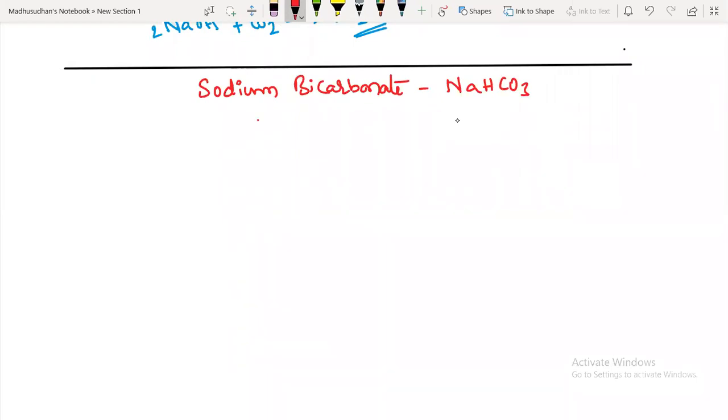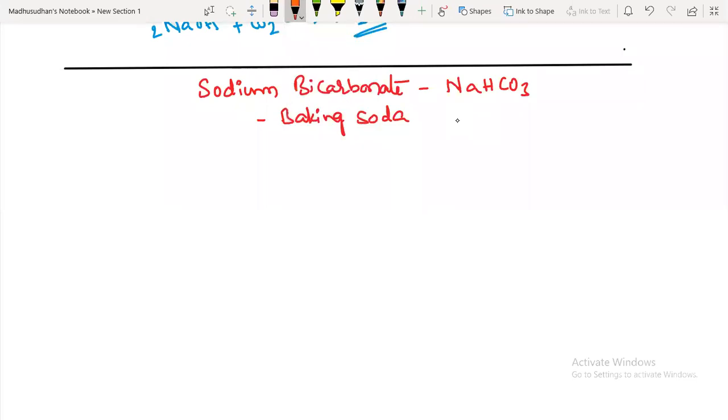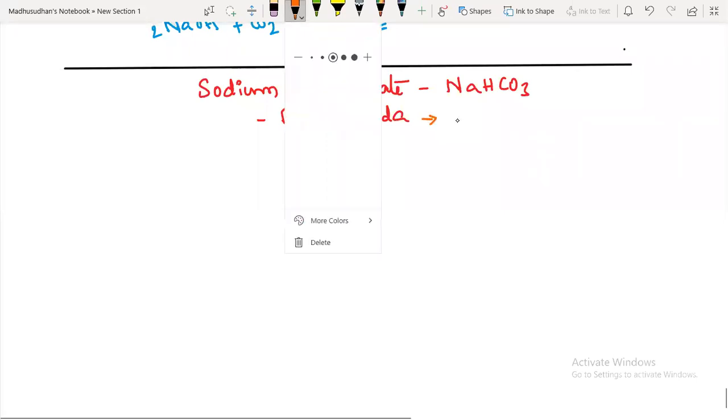This sodium bicarbonate is also called baking soda. These general names are important, guys. It is also called baking soda because it is used in the bakery industry, for baking of food items. So why is it called baking soda? The main reason for that is